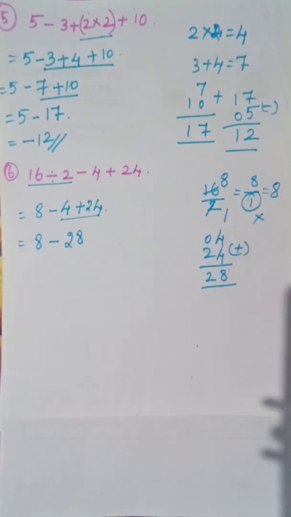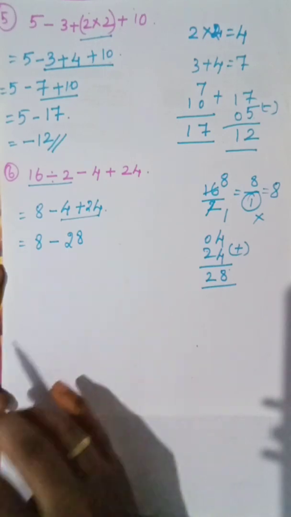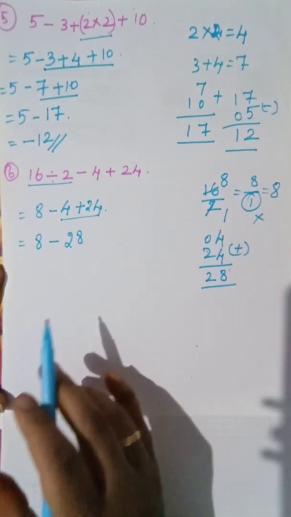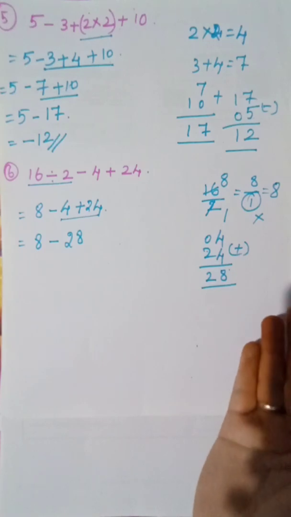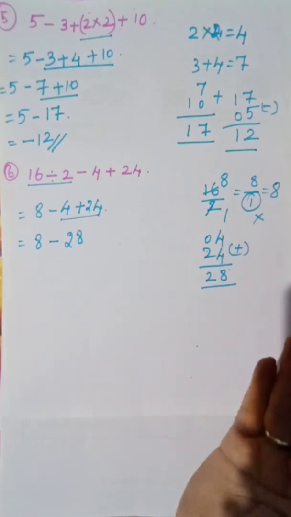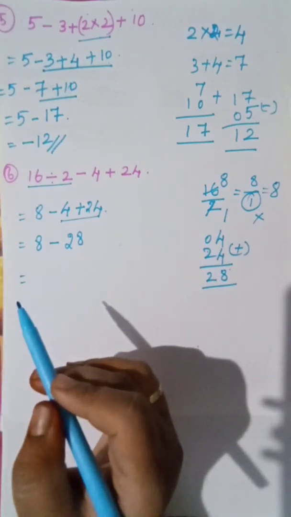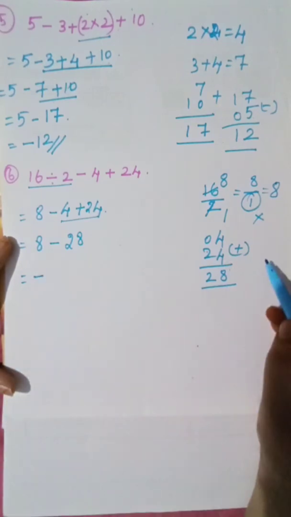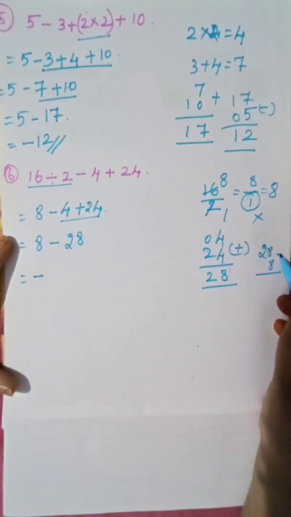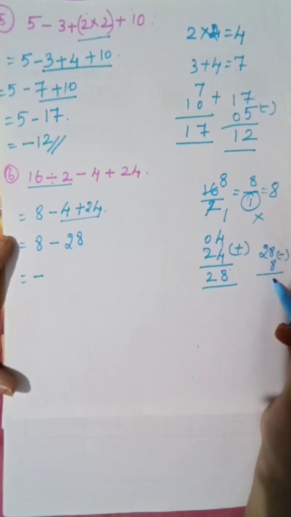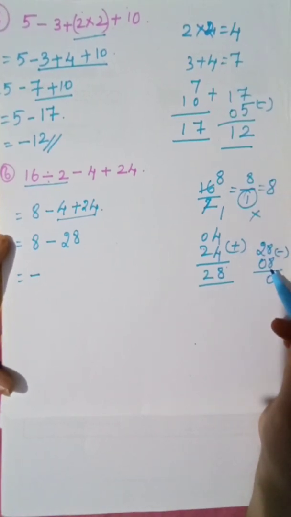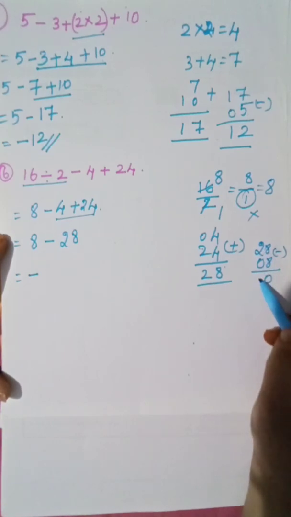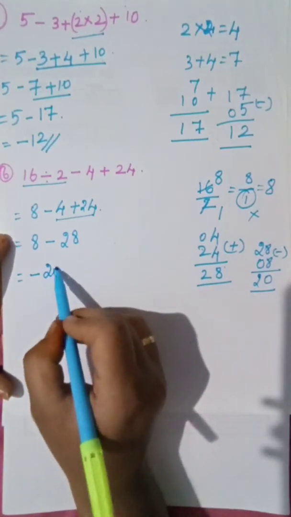Okay, after that we have to subtract the values. We can easily say by seeing. Yes. Okay, now we are going to subtract the values. Now we have to see which is the biggest number here. 28 is the biggest number, and 28 contains the negative form, so our answer should be in negative form. Then we have to subtract these two numbers, that is 28 minus 8. So 8 minus 8, 0. Then here it will be 0, we consider it as 0. Then 2 minus 0, 2. So our answer will be minus 20.